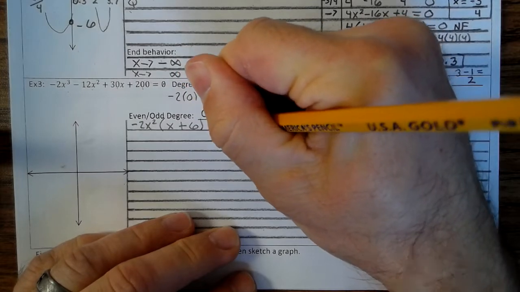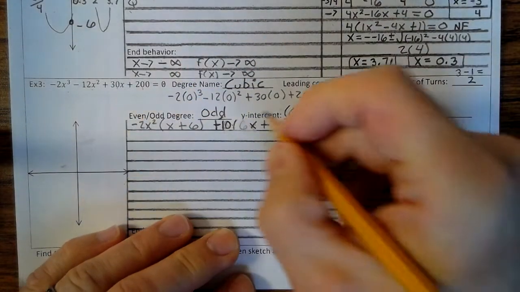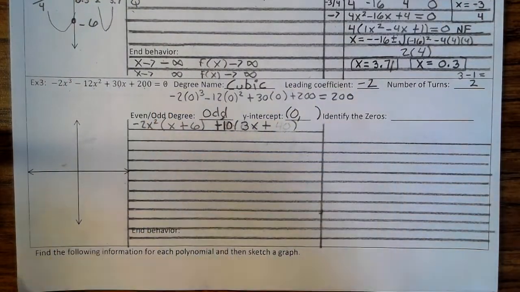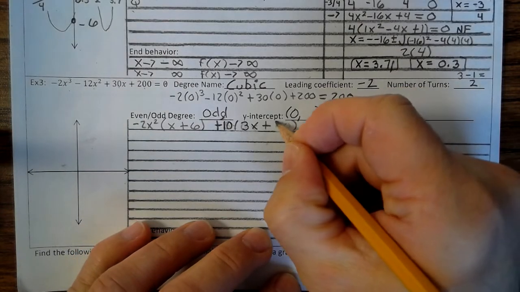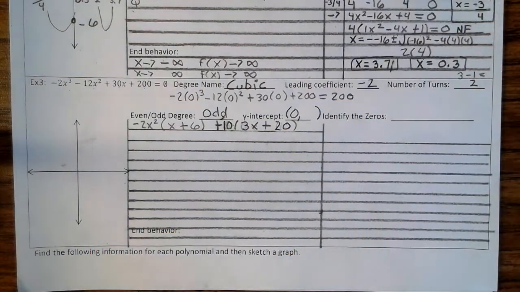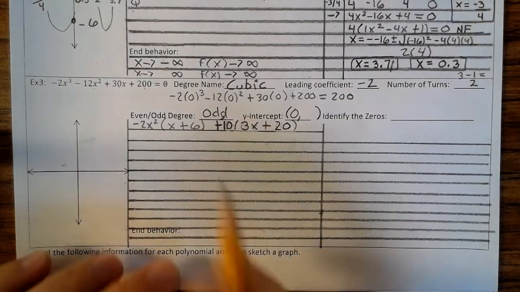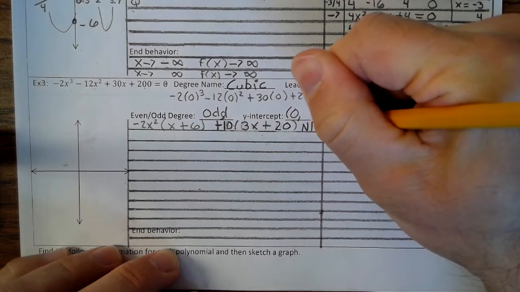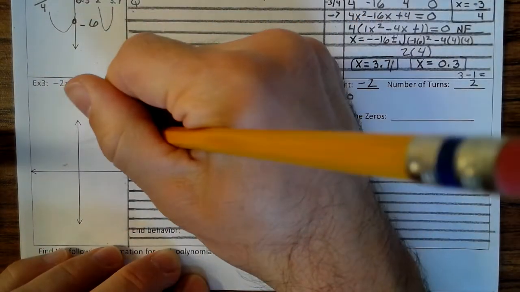So when we factor out 10, 30 divided by 10 is 3, so it's 3x. And then 200 divided by 10 is 20. And now these are factors you can do. But notice, these are not the same, so it's not factorable. So now we need to do P